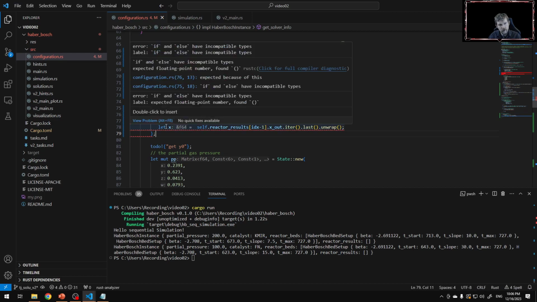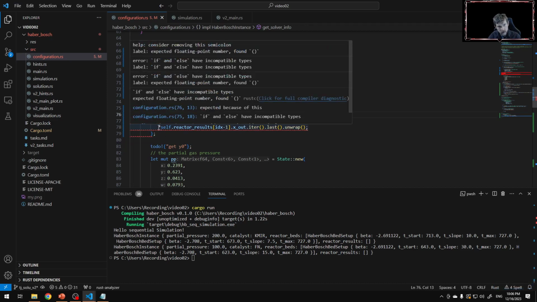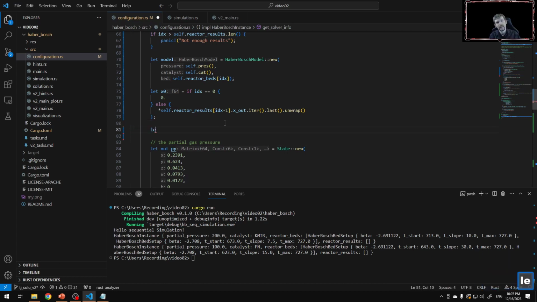So it's a reference to f64, and we dereference this with the star, and the semicolon has to be gone. Okay, how many errors can you make in one line? So, and the same is true for